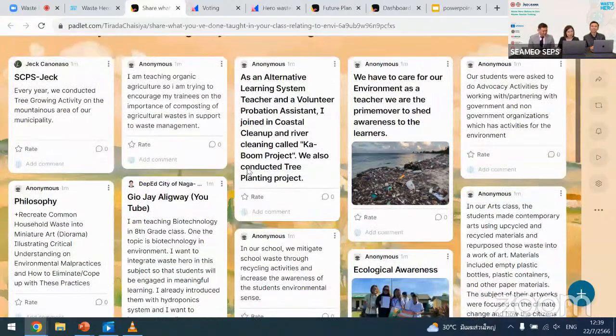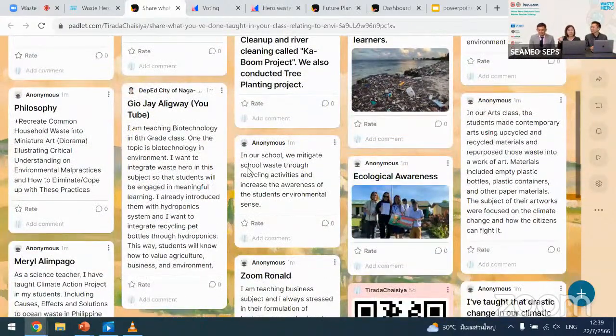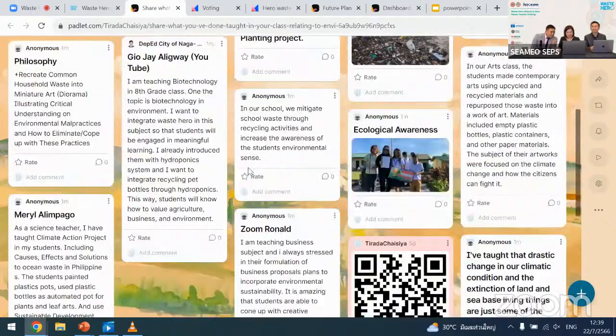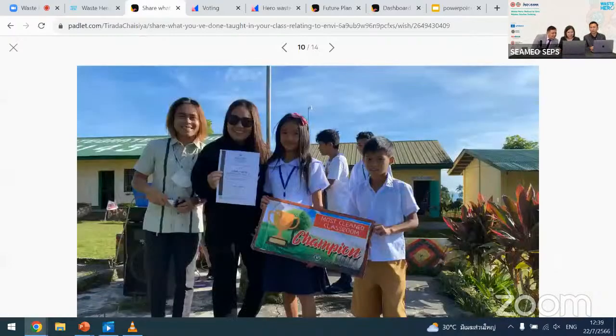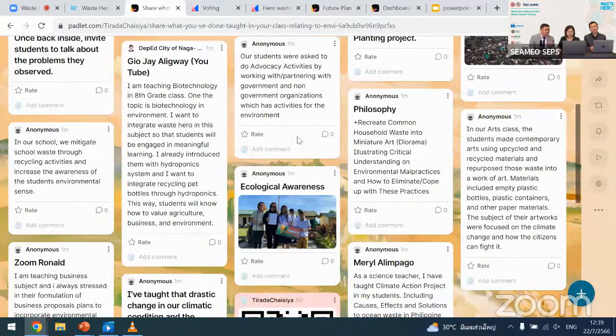Thank you so much for sharing these. You can still come back to this Padlet and read all the ideas and rate the ones that you like, give them a star. There's some nice pictures. Can we show those pictures here? It's very interesting. Someone has a competition, right? Most clean classroom champion. Do you have a classroom cleaning competition in school and give certificates to students? That's nice, and thank you for a very good activity like this.